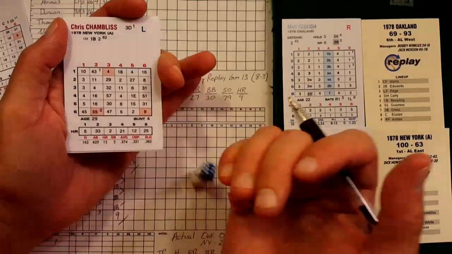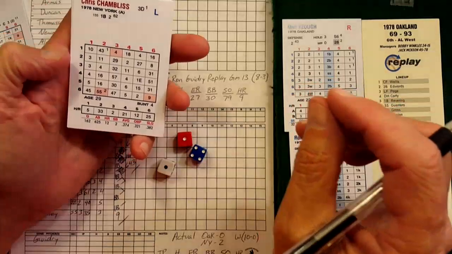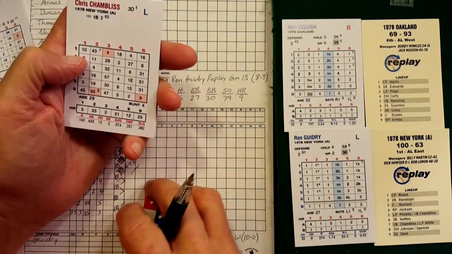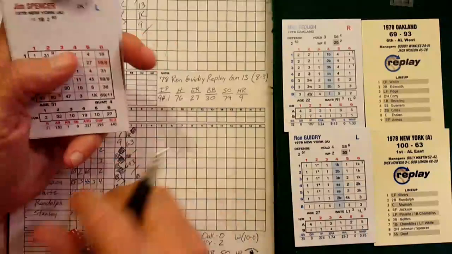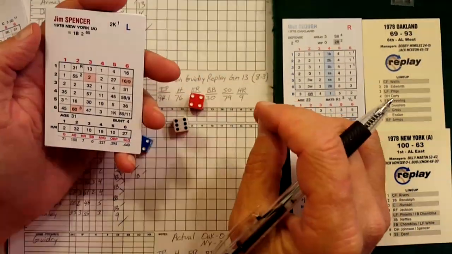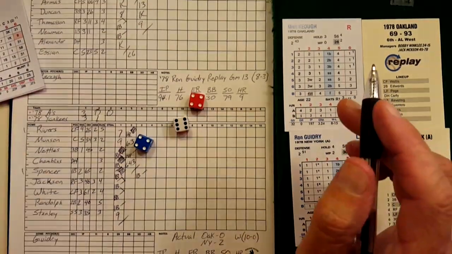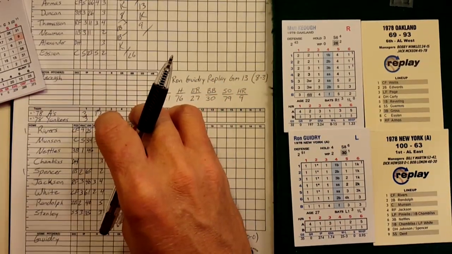Bottom of the third, Chris Chambliss. We're dragging along tonight here. 1-1 is a 10, and 1-4 is a 12, and that's a single up the middle. 2 for 2 for Chris Chambliss. Here's Jim Spencer. 4-6 is a 3, and a 4-4 is the shortstop, which is Guerrero, so a 6, and that will be a...